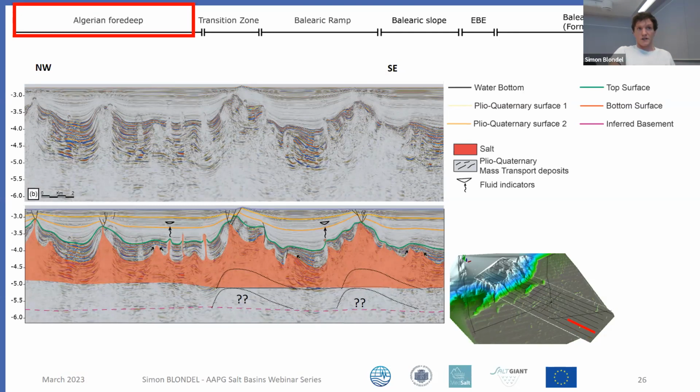Still on the western part of the area, just to show you these very nice structures that I like. I like these ones, which I saw in some publication can be called mini basins. So it's sort of uplifted section of overburden above the salt here. And we can see below, as in the Algerian foredip, we have a pretty okay imaging of the base salt,